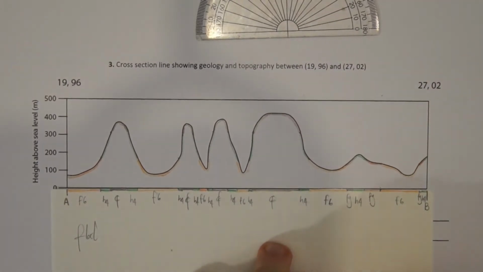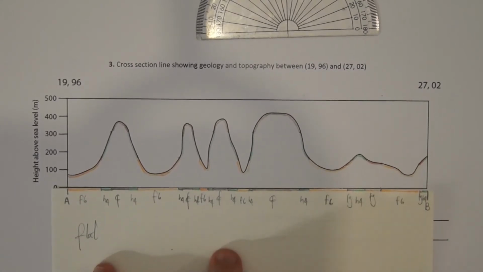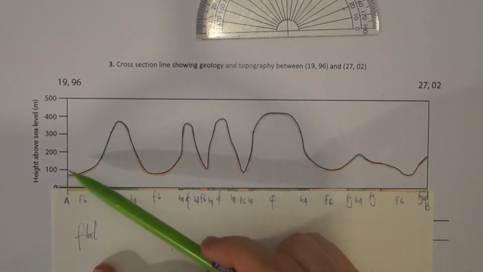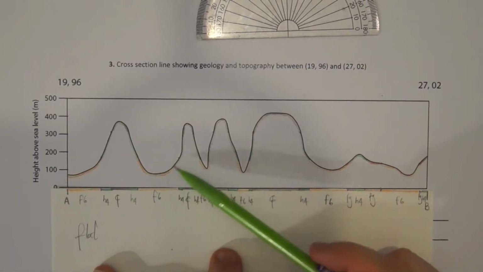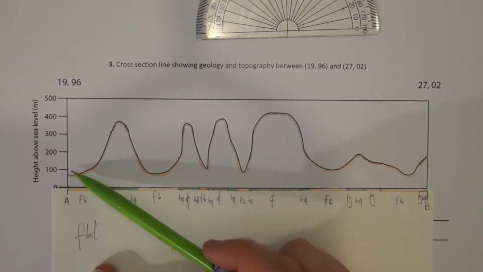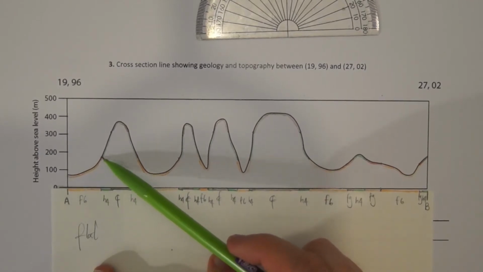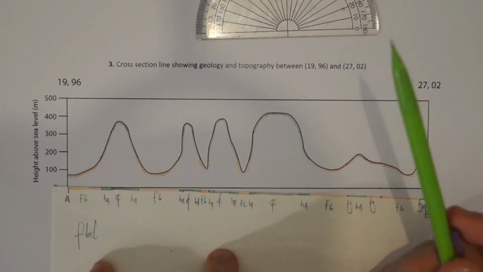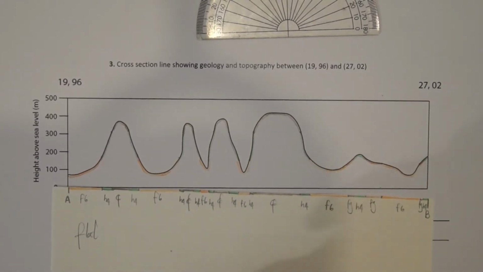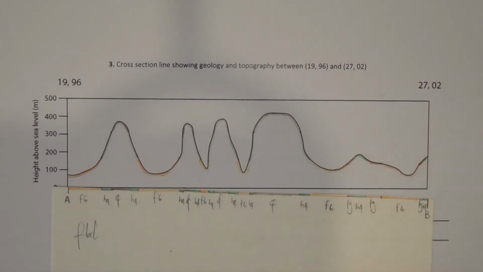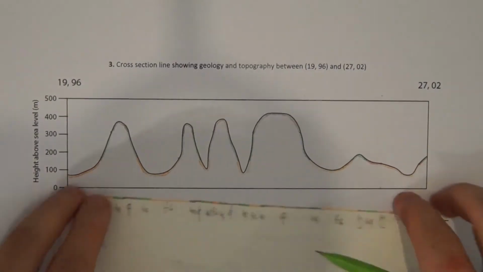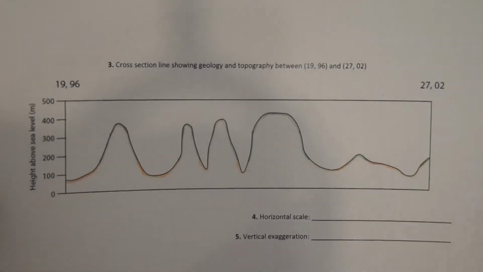Great, so what I've done there is just shown, if you were a happy camper going out for a walk and you were climbing this admittedly extraordinary looking terrain, you'd walk across the different layers of the geology, and each time the colour changes, that's showing you where the new rock type would be. Okay, now what we want to do is show where the contacts are in the subsurface. And in order to do that, we need to know something about the dip of the contact. And if we just refresh ourselves by going back to the map,